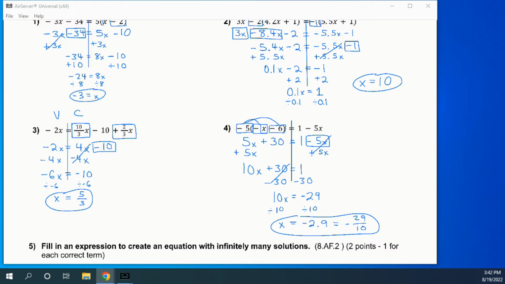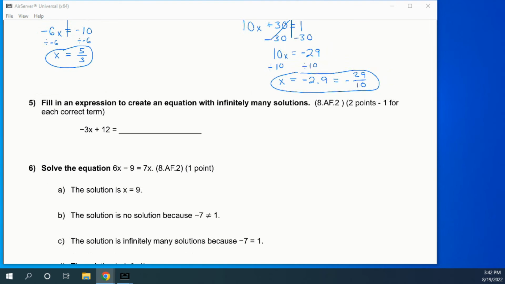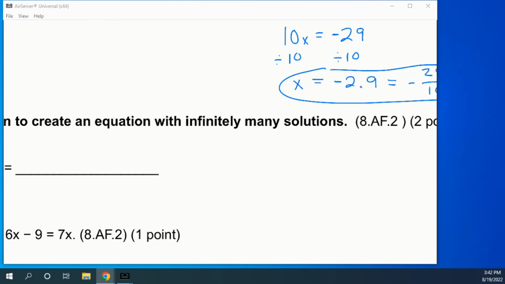Moving on. Number 5, reading the directions carefully here. So it says fill in an expression, which the expression is just this half. So it's basically finish this equation. Fill in an expression to create an equation with infinitely many solutions. So on here, infinitely many solutions, they've got to have the same variable term